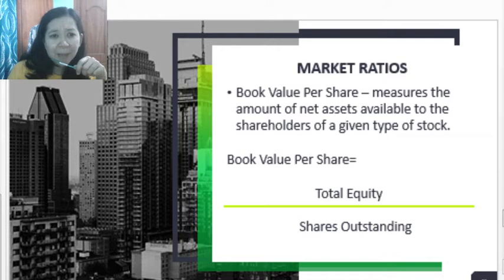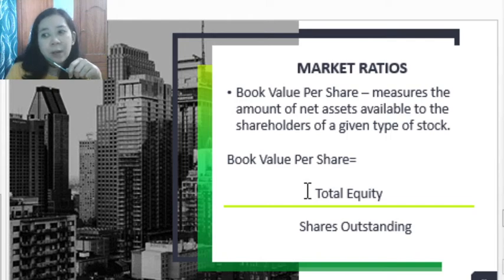So to solve for the book value of your share, your share may be ordinary share or preferred share or other types of shares that the corporation may issue. Normally, if you have the ordinary shares, then there are certain rights and responsibilities